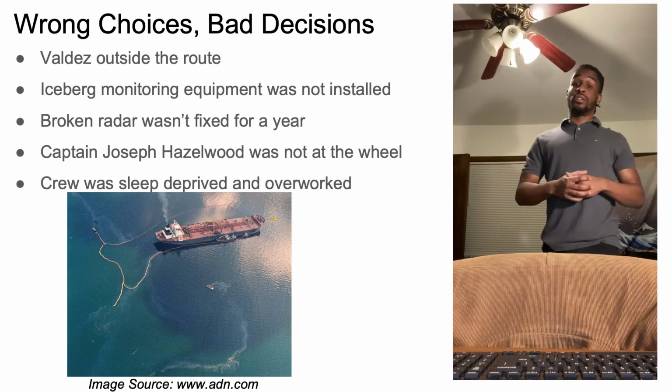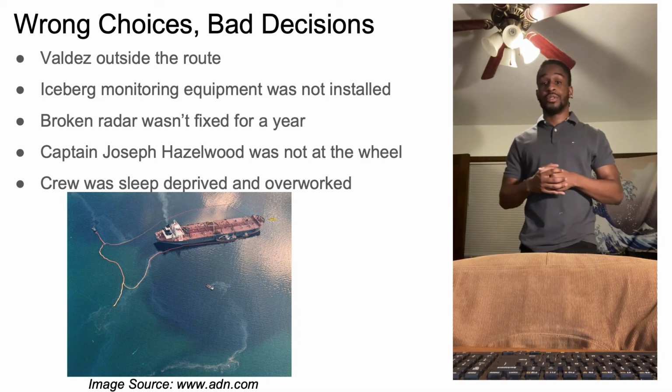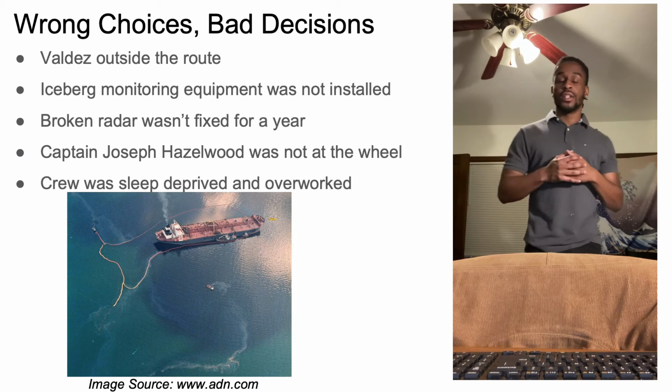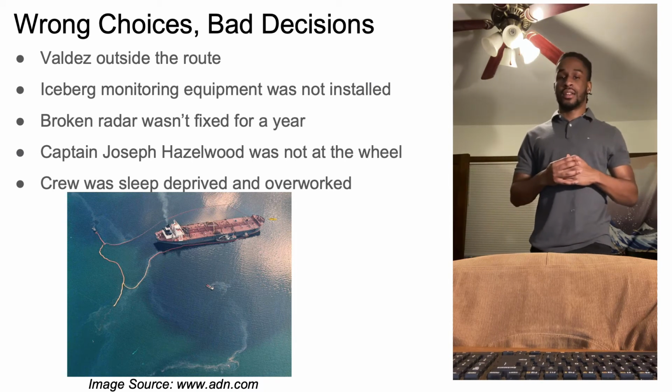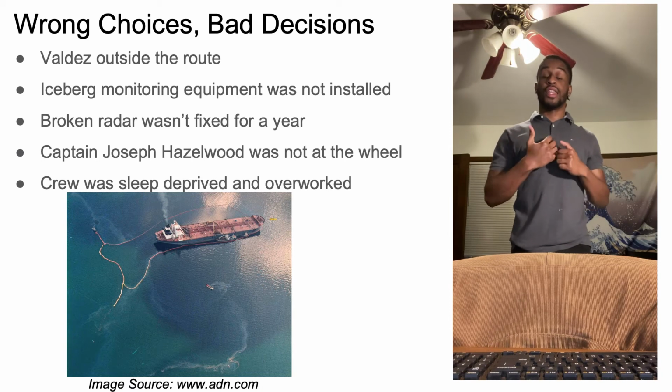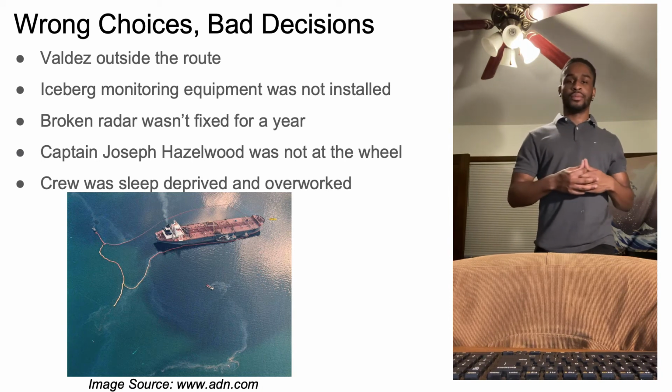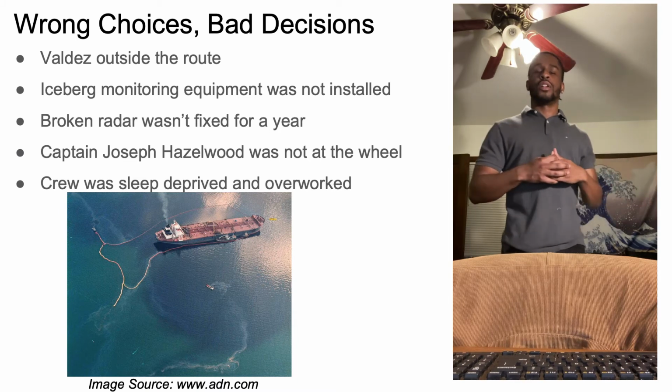My name is Devin Welch, and I'm a fifth-year geological engineering student here at UW-Madison. My team and I have been researching the Exxon Valdez oil spill, which occurred in 1989. I personally will be going over the ethical decisions that led to this disaster and how they could have been avoided. To start off, one of the first decisions